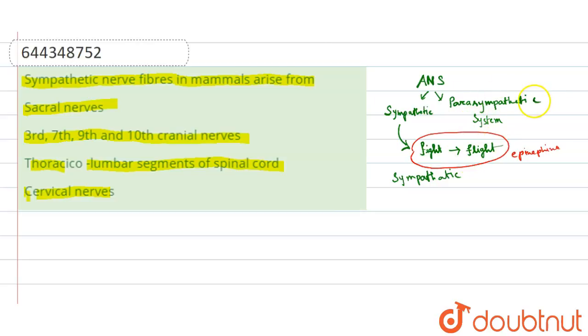Now, the parasympathetic system also has important work, like constricting our pupils, stimulating the saliva, slowing our heartbeat, constricting our airways, stimulating activity of the stomach, and stimulating the gallbladder. That means if one stimulates, the other inhibits. In this way, the sympathetic and parasympathetic systems work together.